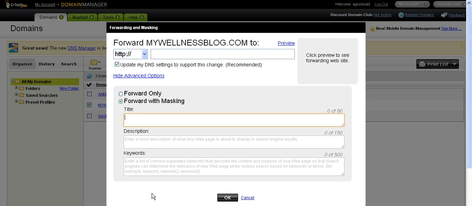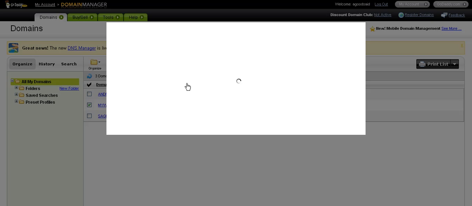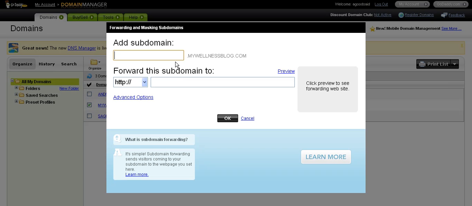Now I'm going to go over to the subdomain area and show you how to do those. Okay, so a subdomain is simply a way of making multiple forwards within the same domain. So what you're going to do is go to forward subdomain, and you can actually create the subdomain within this little interface here. So let's say that you were going to do a forward to a day one of a boot camp, for instance. I would call it